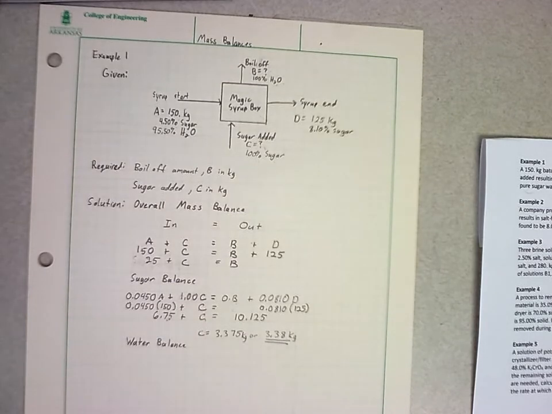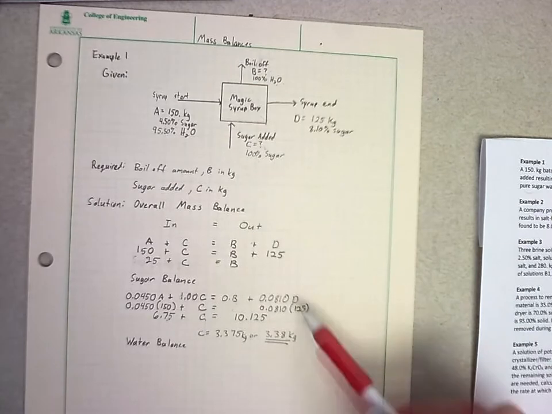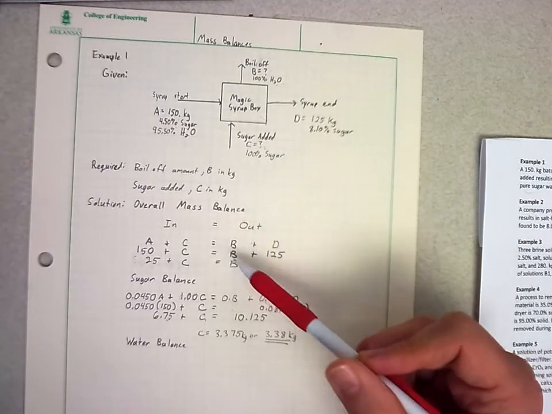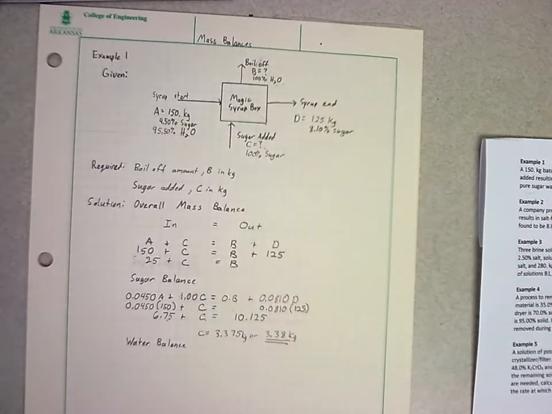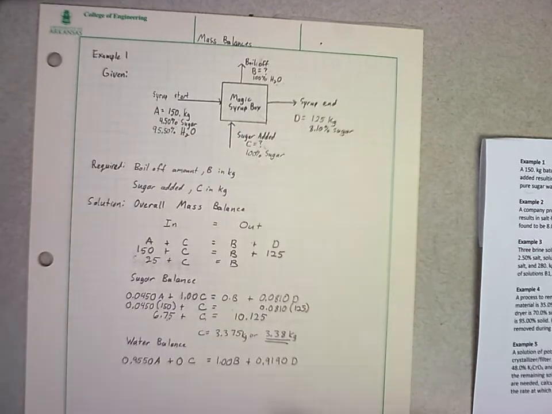So now I actually have enough information, since I know what C is. I could just use my overall mass balance equation, plug that in for C, and get what B is. But because I want to work on learning how to do the equations, I'm going to go ahead and work out the water balance. Okay, so to check the water balance,